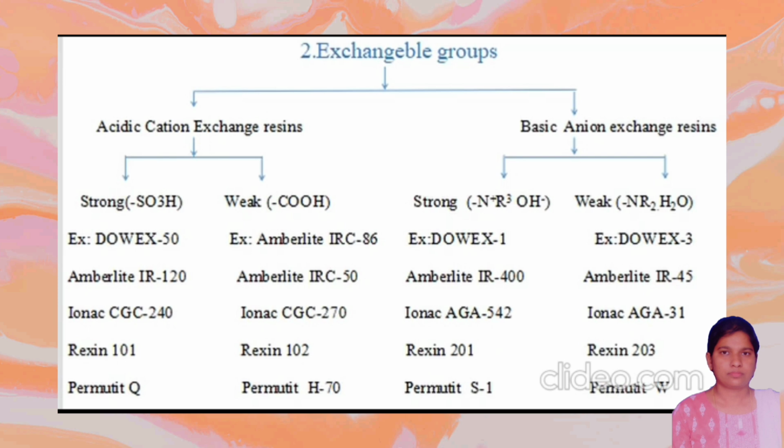The strongly acidic cation exchange resins contain SO3H functional group, whereas weakly acidic cation exchange resins contain COOH, OH, SH functional groups. Strongly basic anion exchange resins contain quaternary ammonium hydroxyl functional group. Weakly basic anion exchange resin contain secondary amine functional groups. The examples for strongly acidic cation exchange resins are